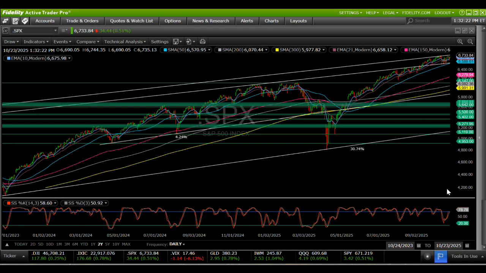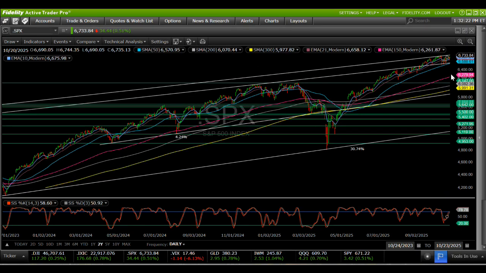So I think, again, you want to sell into strength. I've been saying, pullbacks are an opportunity, but it's nice to have some cash available when that does happen. And as we get up to this upper trend line again, I suspect we're going to probably see that. I mean, we're up nice today, 35 points in the S&P, 181 on the NASDAQ. So it's good, again, to sell into some strength. But I do think we're going to have probably a more substantial pullback here based on the MACD, and